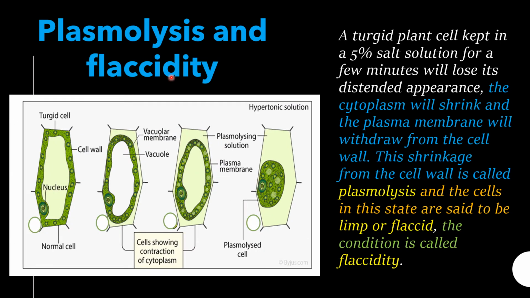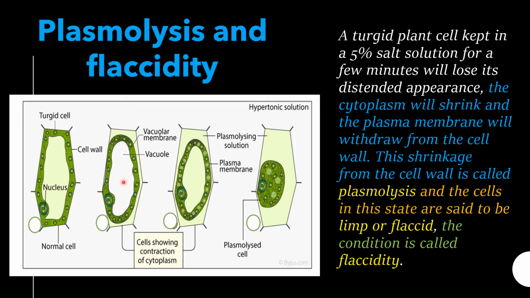Plasmolysis and flaccidity. A turgid plant cell kept in 5% salt solution. Suppose the cell is kept in 5% salt solution for a few minutes, a few hours. Then what will happen to that cell? It will lose its distended appearance. After half an hour or 1 hour or after a few minutes, this turgid cell will lose its distended